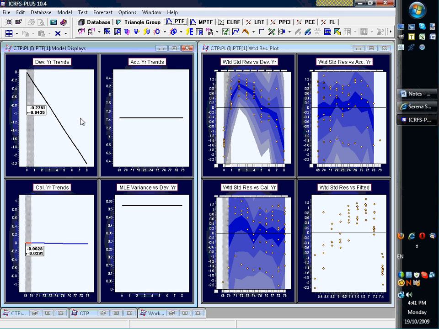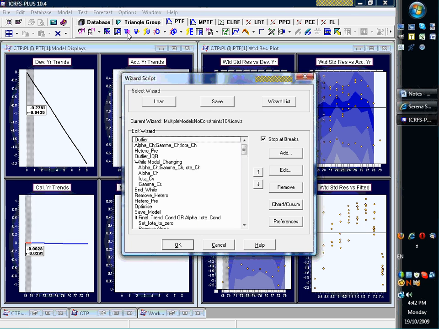Right, as you remember, we're fitting the SGI model by default, and that fits a single parameter in each direction, one gamma or development parameter, one alpha or accident parameter, and one calendar parameter. Now we're going to look at the modeling wizard. So first of all, we're going to check the modeling wizard preferences, which is the psi with a P. If you put your mouse over it, it says wizard preferences, and we're just going to make sure the right